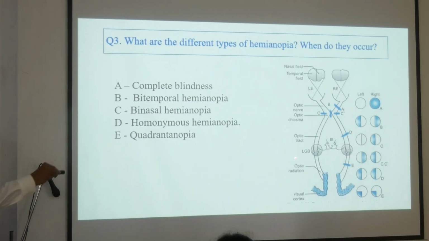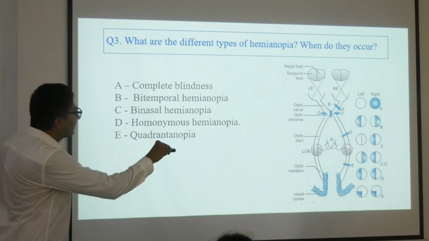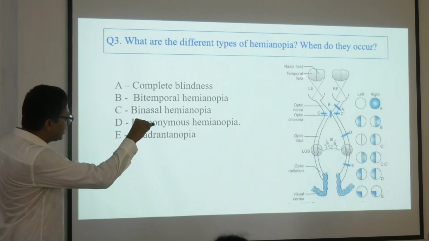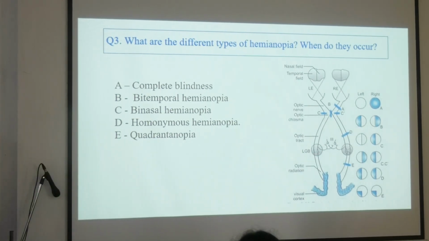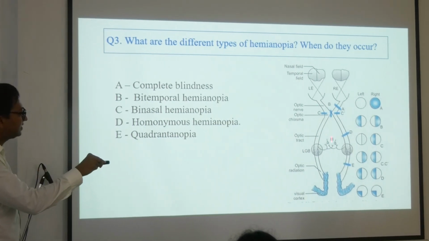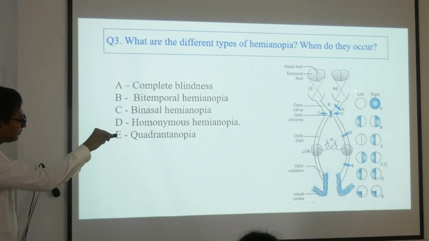Okay, so what comes to the lateral geniculate body? This is the left lateral geniculate body, this is the right lateral geniculate body. So this lateral geniculate body receives temporal fiber from the same eye and nasal fiber from the opposite eye,